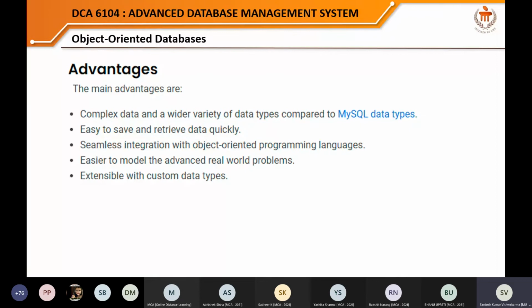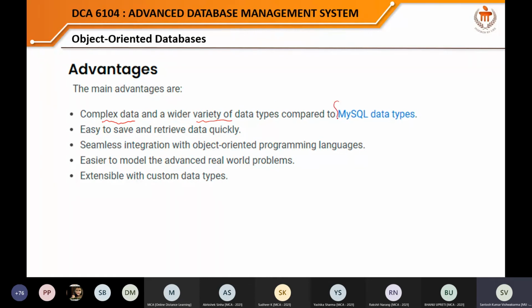kind of system. If it has been so simple, if it has been so flexible, then why not everyone who is maintaining databases on a small scale may be using this? So the answer is no, but still there are a lot of benefits which have been listed in the slide. So once we are working with big data in terms of increasing complexity or a wider variety of data, we can definitely work because